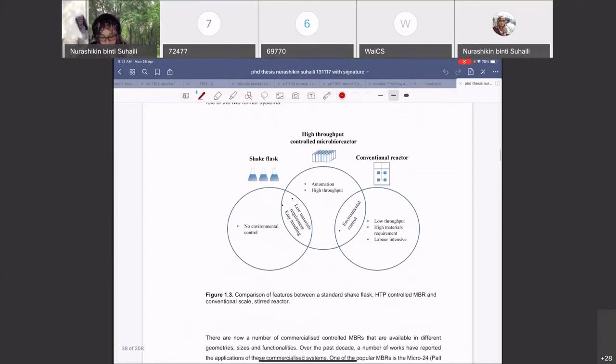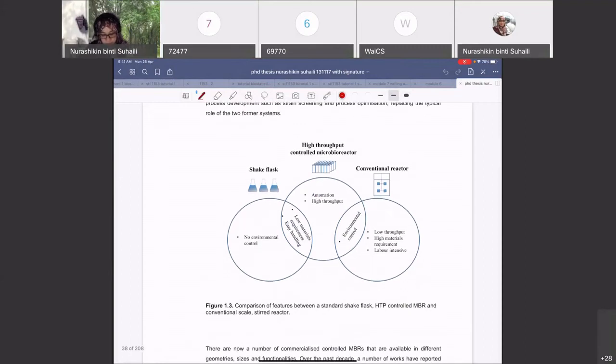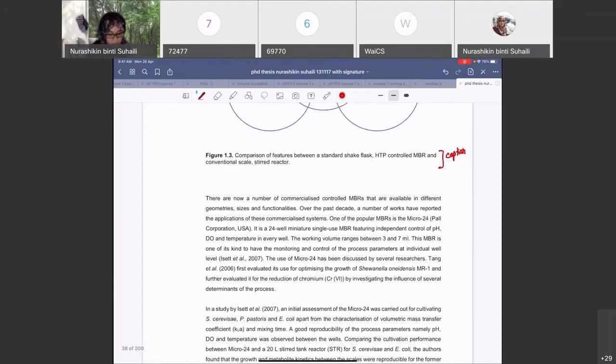For example, this is for a figure. This figure I produced by myself. Okay, so this is the caption. For a figure, the caption should be written below the figure. So I said here comparison of hashes between standard shape class and so on. Right, so that's the caption. But for tables,